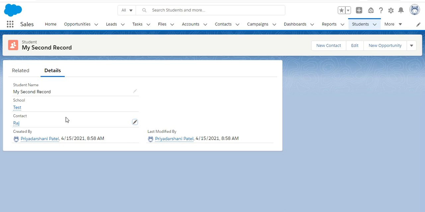And we can create a roll up on the master detail relationship, but we cannot create a roll up on the lookup relationship. And if we are talking about the total relationships in Salesforce, we can create a total of 40 relationships in Salesforce, and we can create only two master detail relationships per object. So here is the limitation.